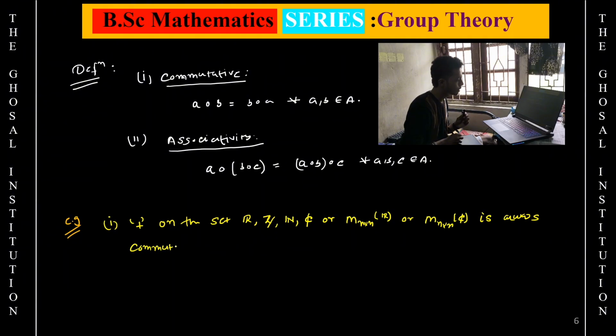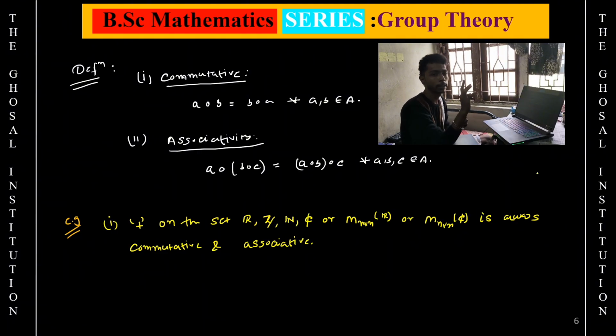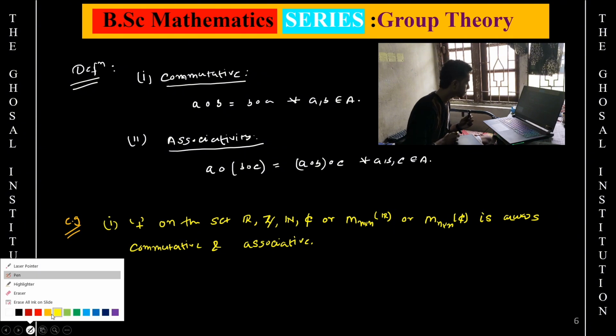commutative and associative. It's very obvious. I already told you that if you do 1 plus 2 or 2 plus 1, it will give the same answer. Or if you do A plus B for matrices, A plus B or B plus A will also give the same answer, because it is actually plus. For the second thing,